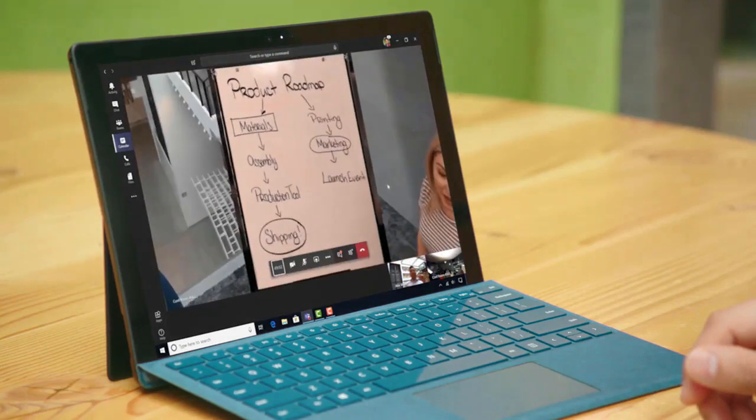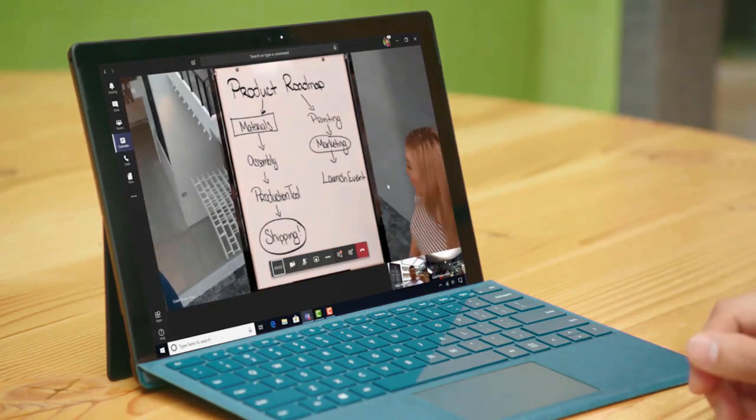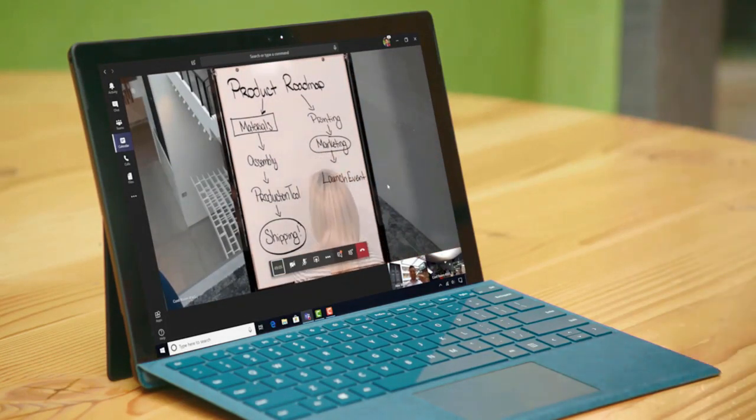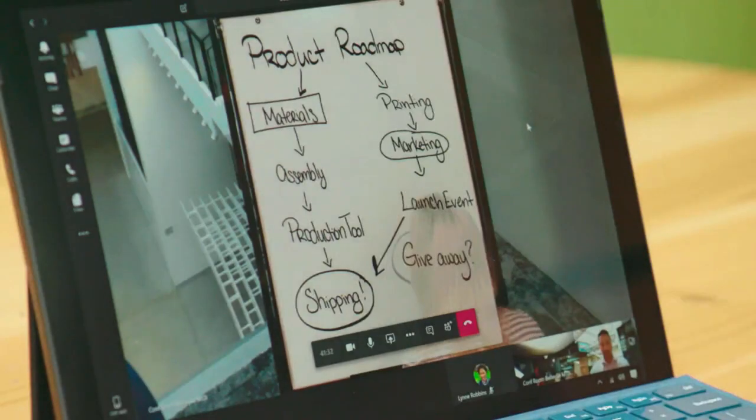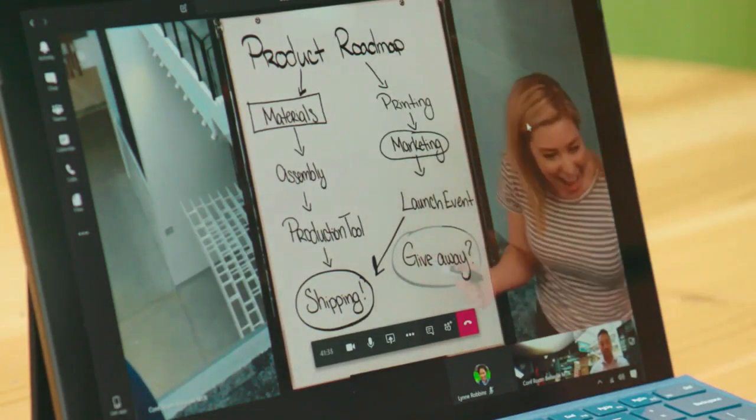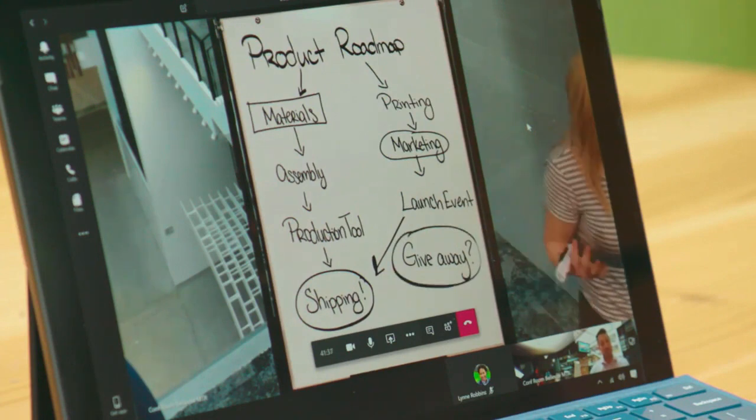Teams Magic Whiteboard. This is something we showed a few months ago, but this is the new Magic Whiteboard feature in Teams. What it's doing is using AI to recognize the boundary of the whiteboard. It zooms into it, and then it makes the people standing in front of it transparent so that you can see through what they're doing onto the whiteboard. With that, I'm going to switch over to the Surface Hub